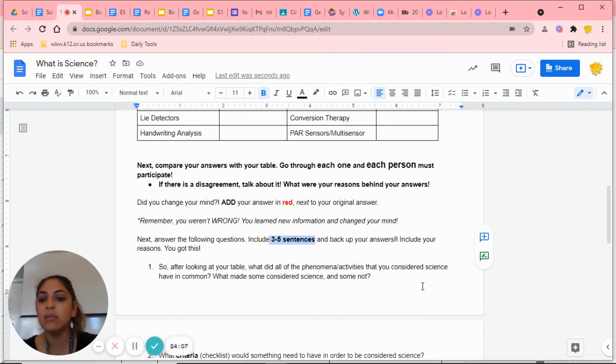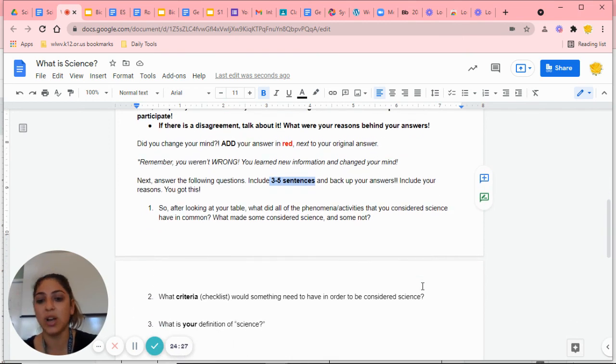So I know that it may seem like this is difficult to write in 3 to 5 sentences, but it's really not. Think about adding as many specifics as you can. Think about adding as many details as you can. The more detailed and specific you are, the better your answer is going to be. And that will definitely take you to 3 to 5 sentences. Okay, so that's going to be your first question.